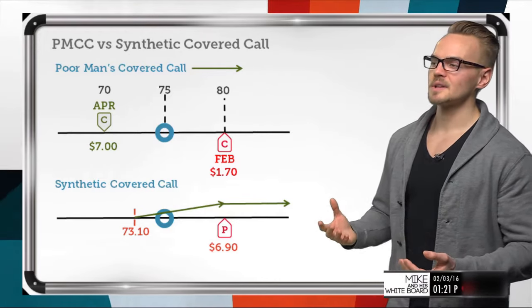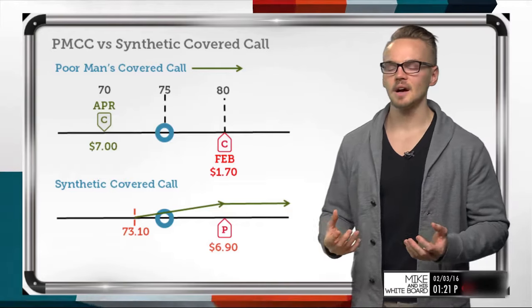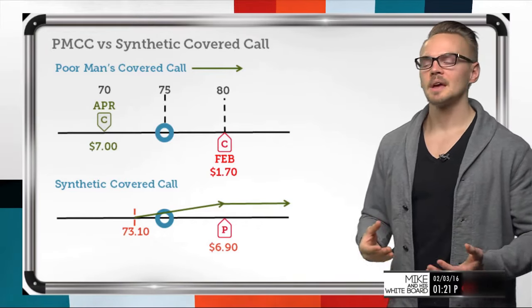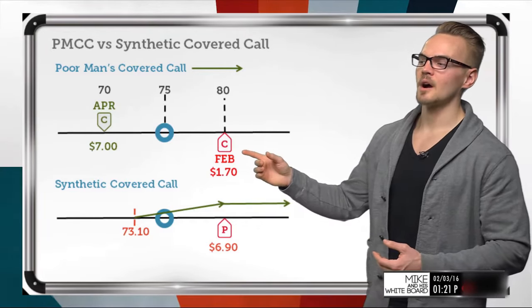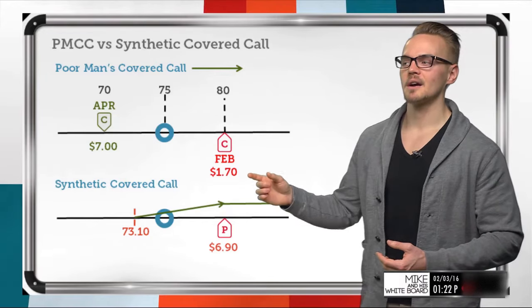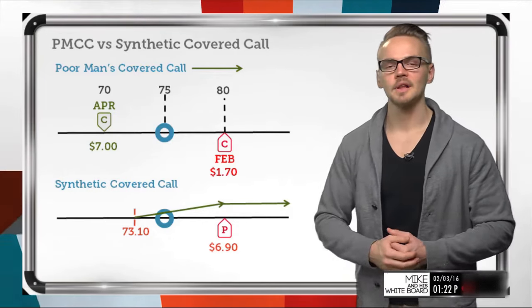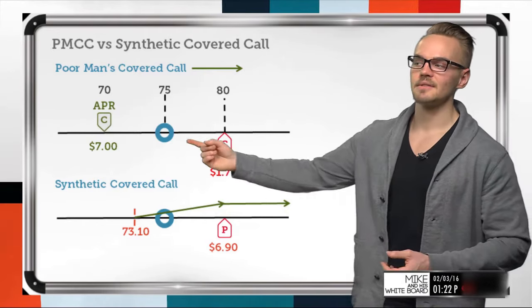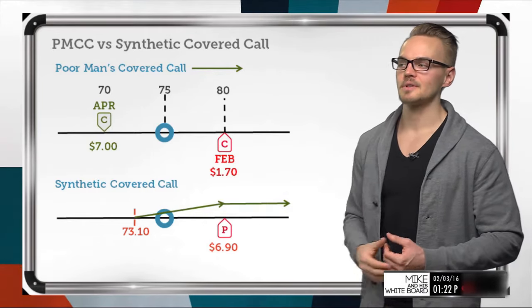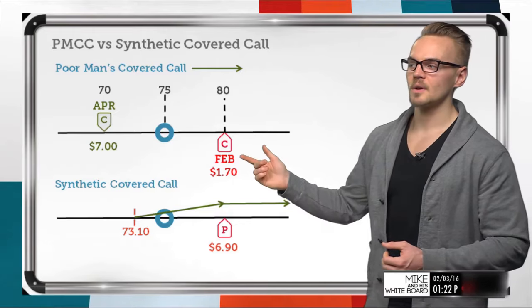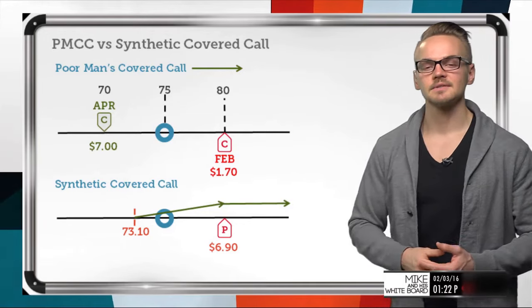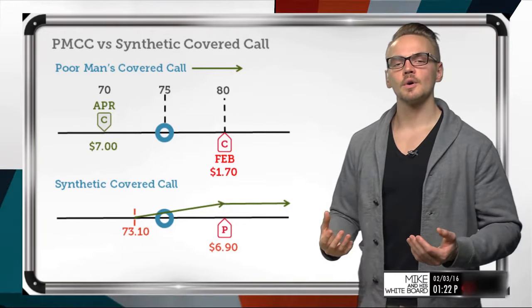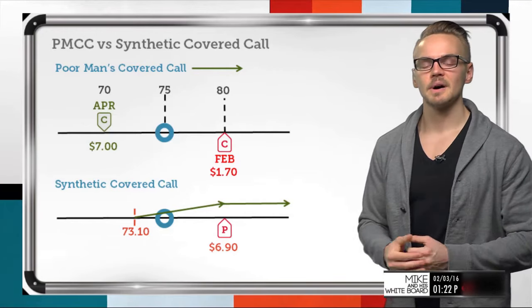But to put it simply, we can't really calculate our break-even or max profit because our February option is going to expire, and we're going to be left with a long April option. Now, while we can calculate what the intrinsic value might be on this April option, or whatever credit we collected in this February option, we're not going to know the implied volatility levels. It's impossible to determine a